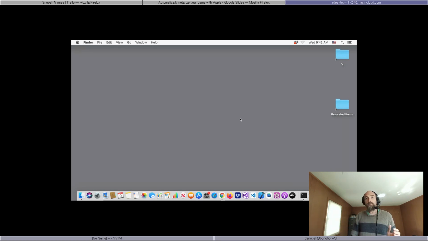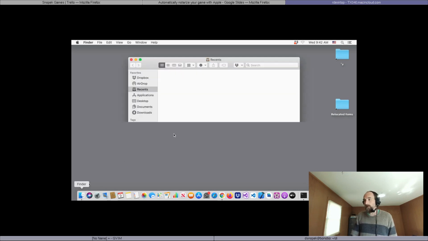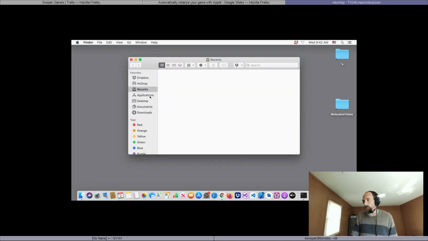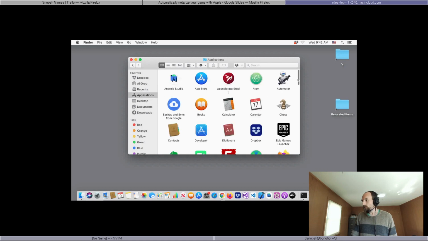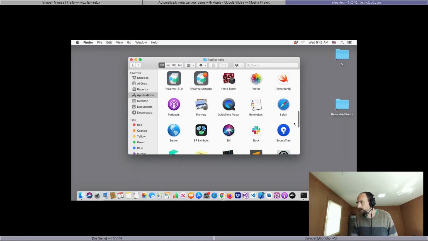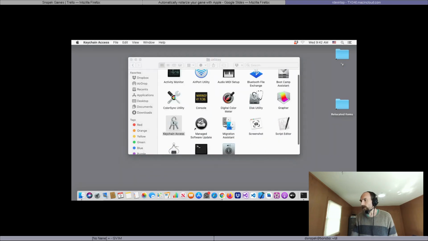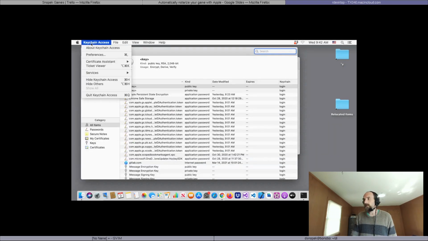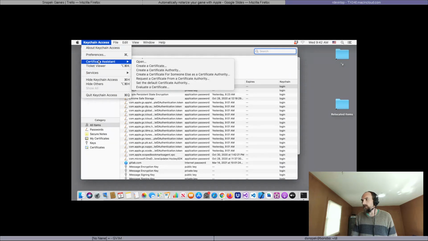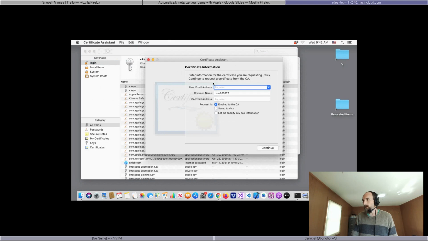In any case, first we are going to create a public and private key pair and a developer certificate to sign our game with. So to do that, we are going to open up Keychain Access, which you can get to by going to Applications, then the Utilities folder, and there it is, Keychain Access. And you're going to click Keychain Access, Certificate Assistant, and request a certificate from a certificate authority. Then in here, for the